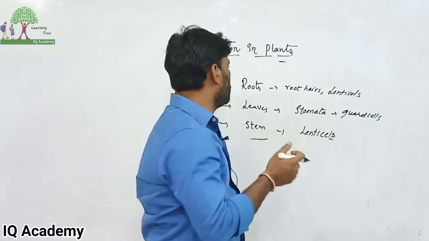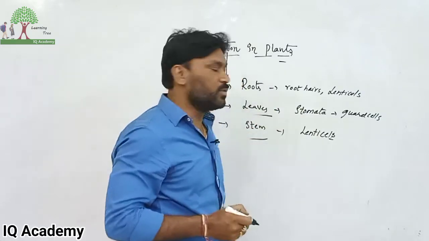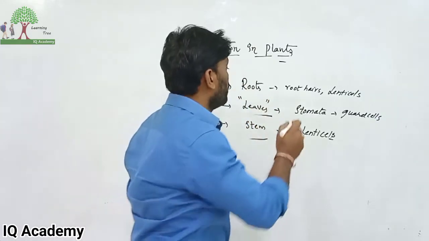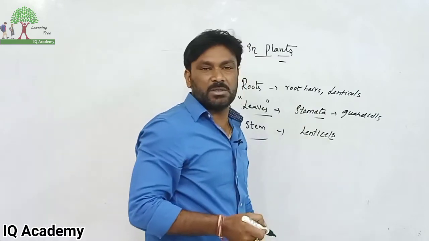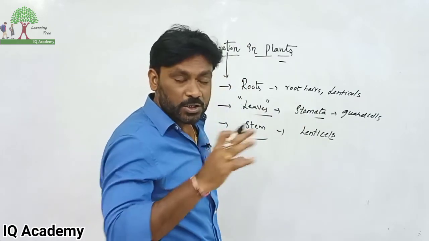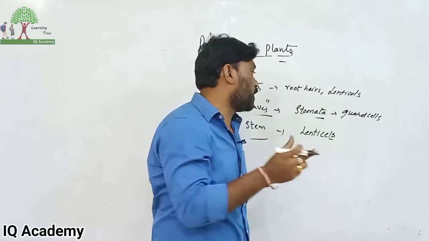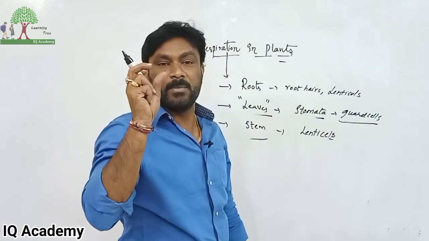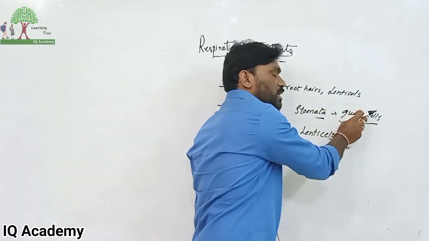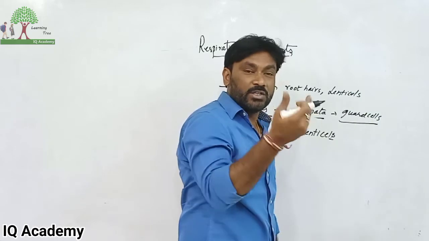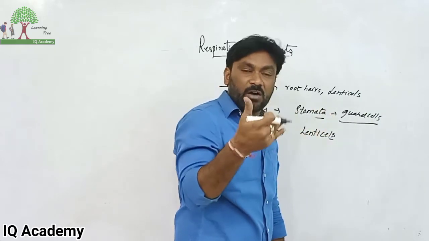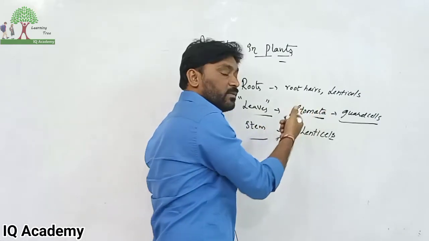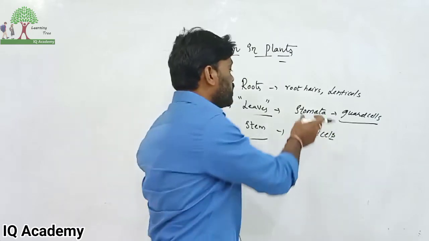And how does respiration take place in leaves? The leaf is called a food factory, and around 60 to 80 stomata are present in a leaf, distributed in different parts of the leaf, guarded by cells called guard cells. Opening and closing of stomata is controlled by guard cells only. Release of oxygen and carbon dioxide takes place through stomata, as well as transpiration.